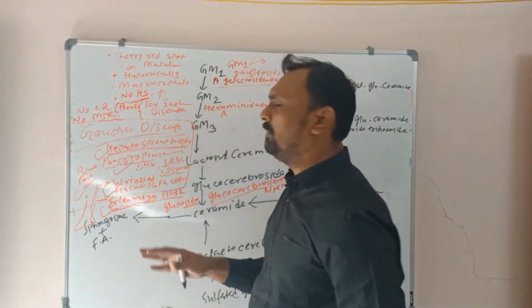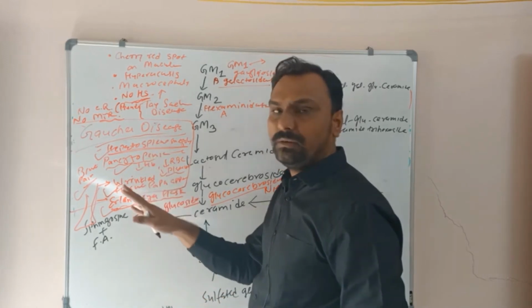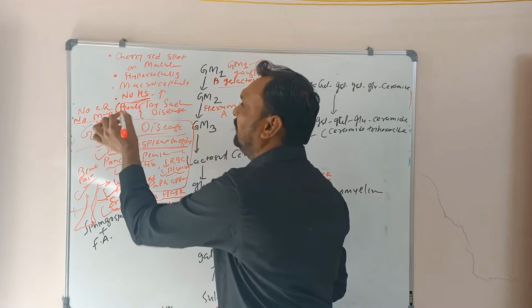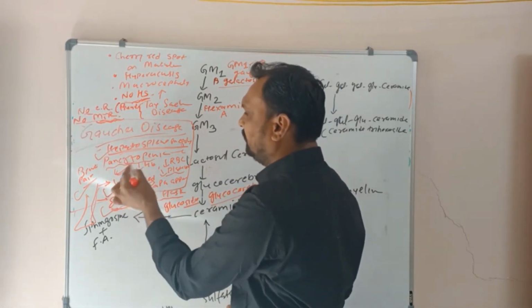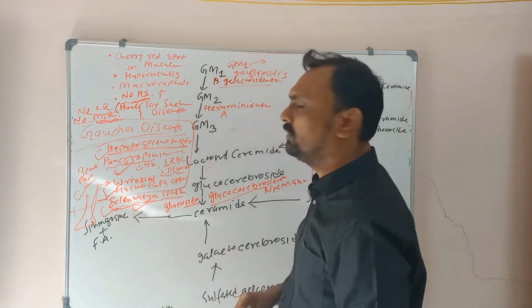But there are three forms. There is an infantile form, and there is also an adult form of Gaucher disease. In the infantile form, mental disability can be seen. But as such, in adults there is no mental retardation and no cherry red spots. So hepatomegaly, pancytopenia, wrinkled tissue appearance, and Erlenmeyer flask deformity are all the features of Gaucher disease.